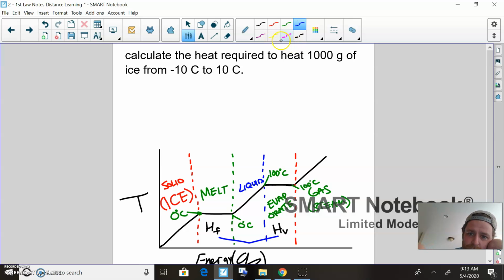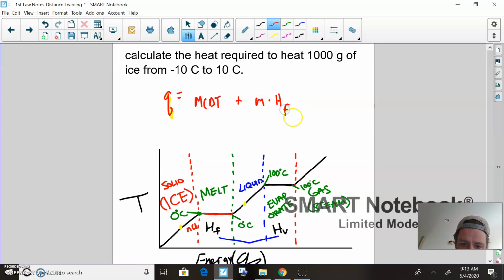So here's where we're at. We are, let's use yellow so we can see it, at negative 10. We're about right there, okay? And we want to get there. So to figure out how much heat, Q, what I'm going to have to do is say MCΔT on the slope to get to there, plus I've got to go here, so that's going to be the heat of fusion, mass times heat of fusion, and then I've got to do my temp change there, so it's going to be plus MCΔT